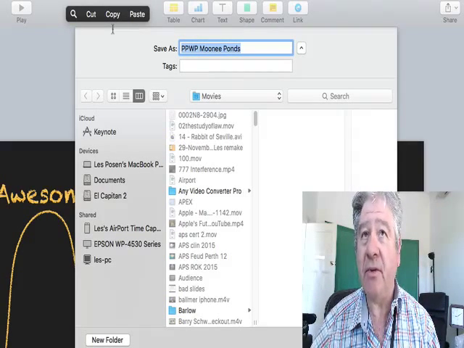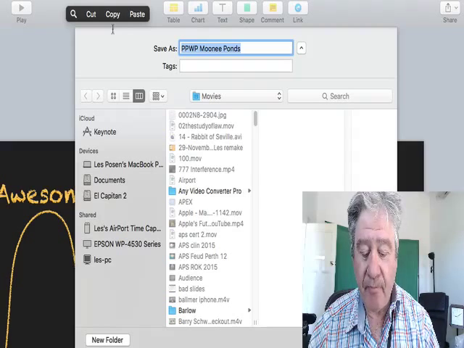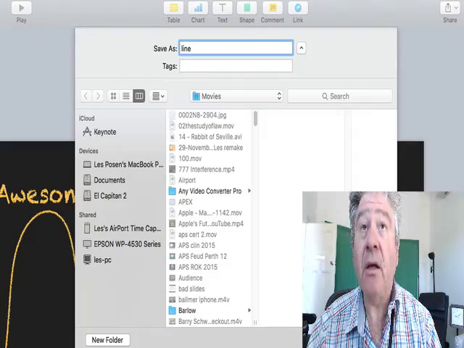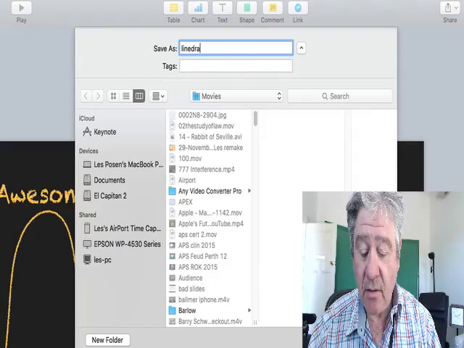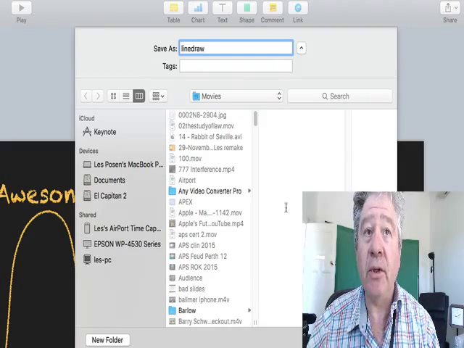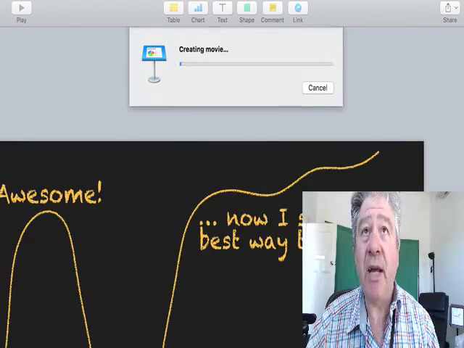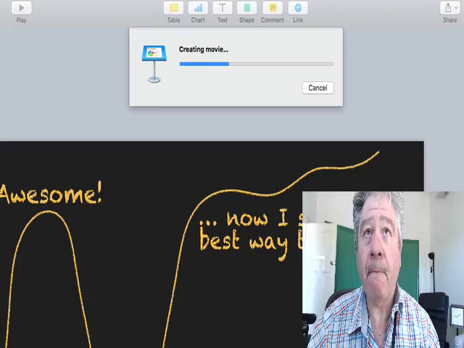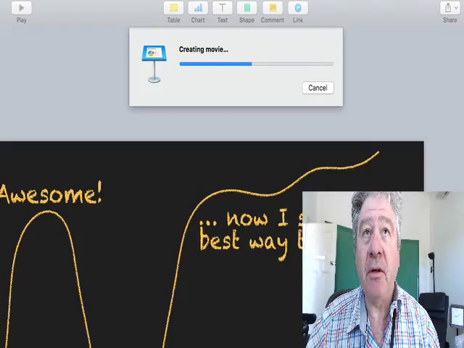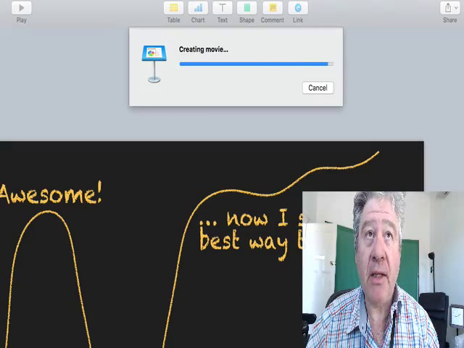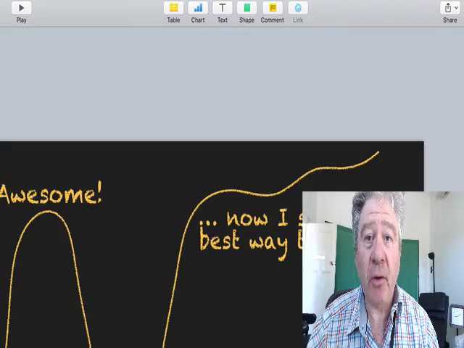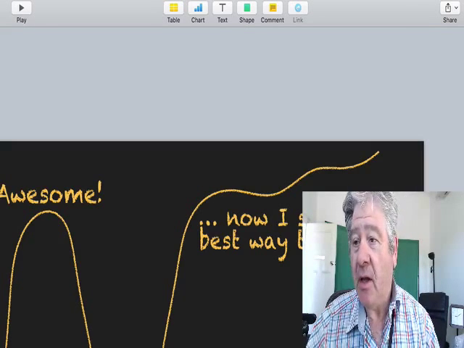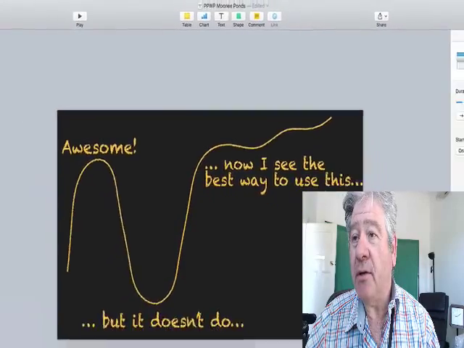Let's save this as line draw. We'll call that all one word. Hit export and watch what happens next. It's going to create the movie. Off it goes. It takes its time, takes a few seconds. Of course, a really complicated slide is going to take longer. And what we're going to do next